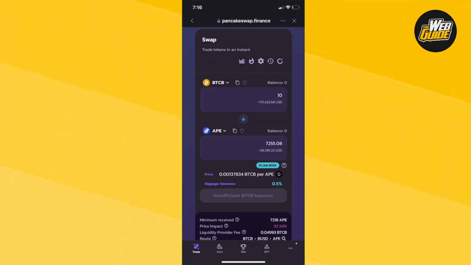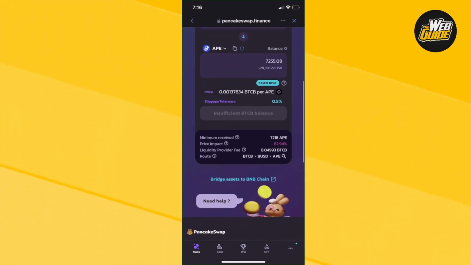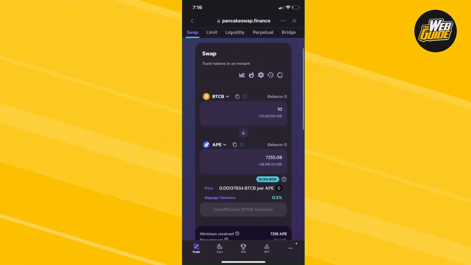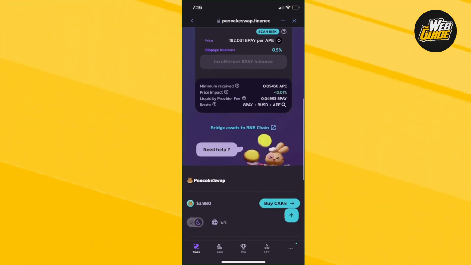Now make sure you guys do this, and pretty much that's how you convert cryptos, guys. It's extremely easy to do, guys, and pretty much that's how you convert